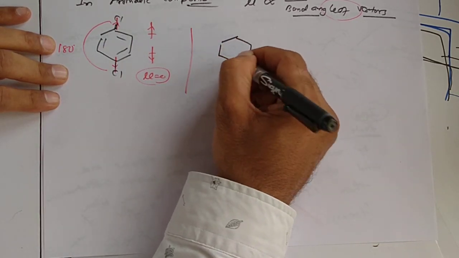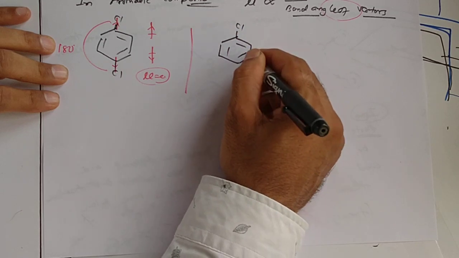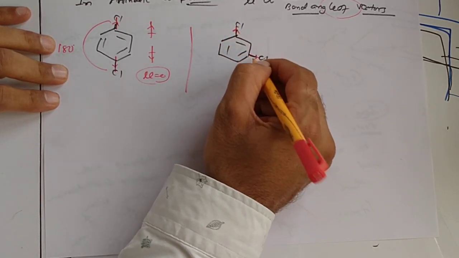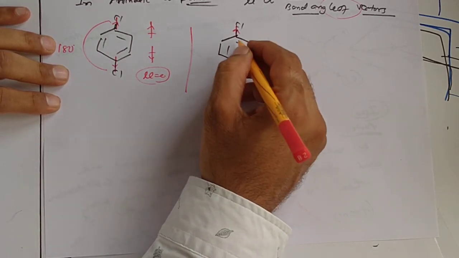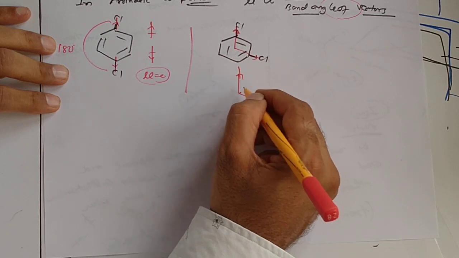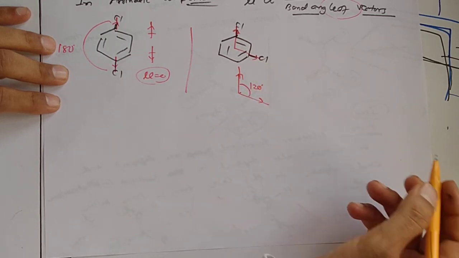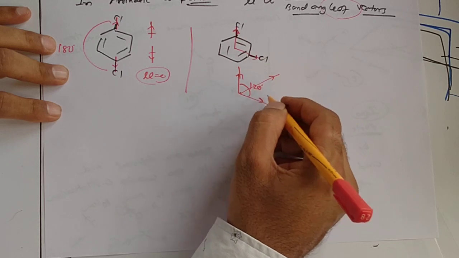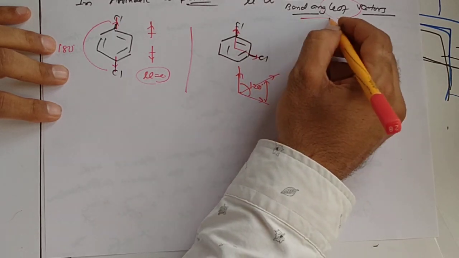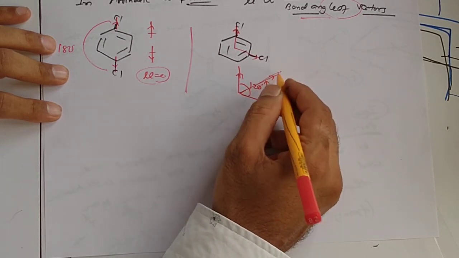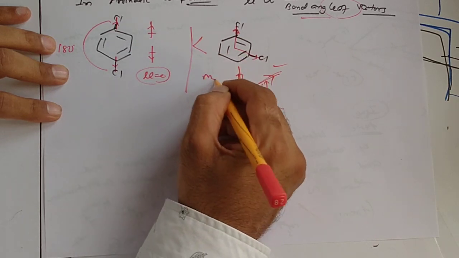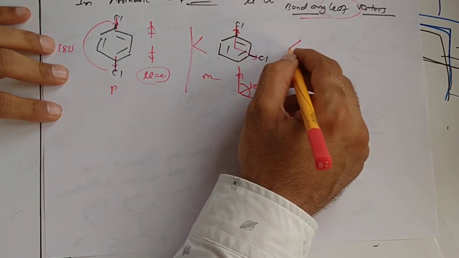In the meta, 2 chlorines are lying on the 1st and 3rd positions. The vector is toward carbon to chlorine. Now you can see the angle between the two vectors is 120, so the average comes at 60. So the angle is decreased, so the average value of these two vectors is higher. So polarity is higher in meta position than para.